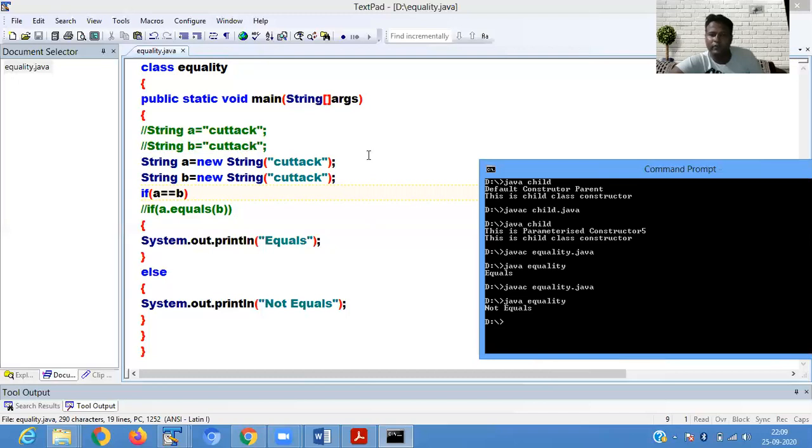So we are storing the value in the form of a reference, and if I check whether A is equal to B, it prints false. It shows not equal.